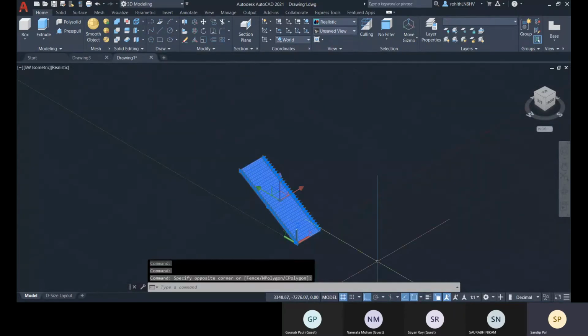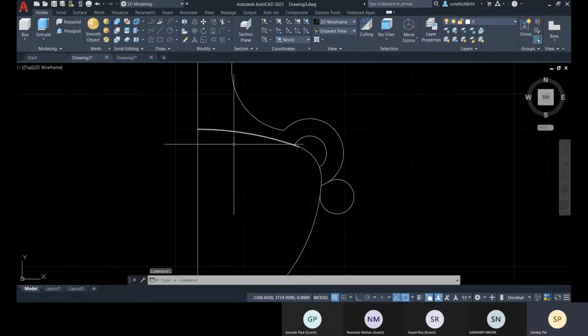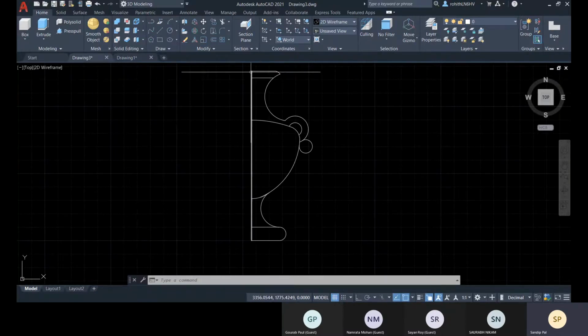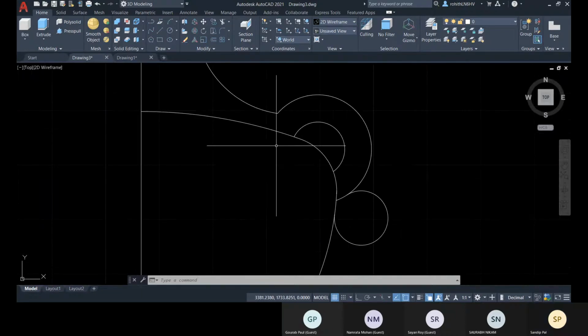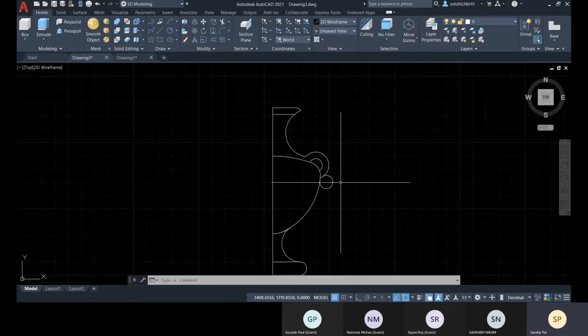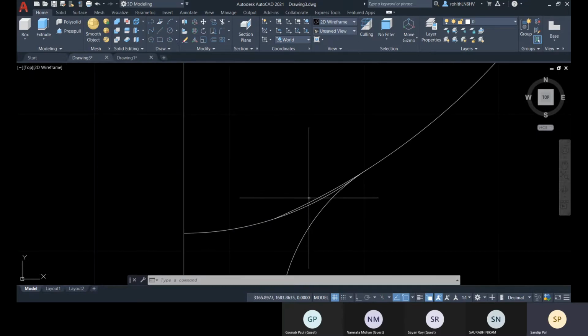I have another drawing. So we have this part. So make sure that you create it with one single connected and closed profile. So then only you can convert it to solid. So that part cannot be totally created with one single unit. So for that we must go with some other options, like this part.